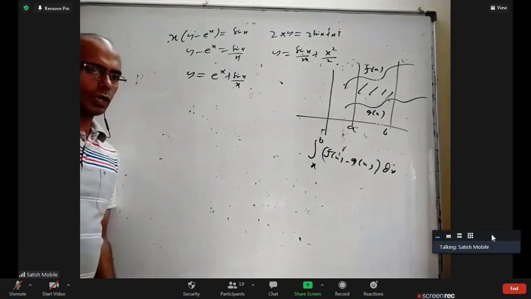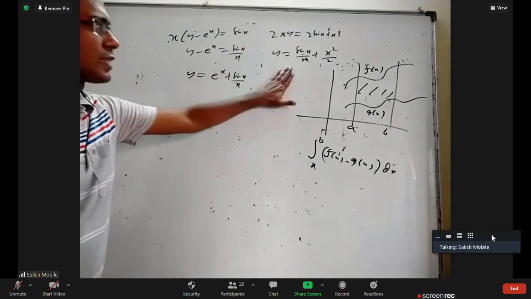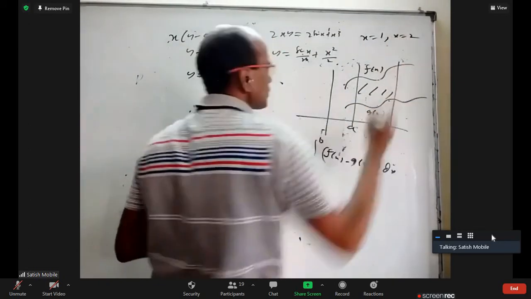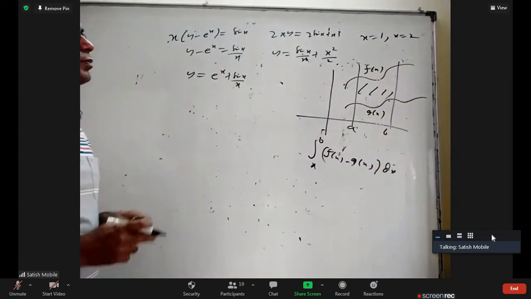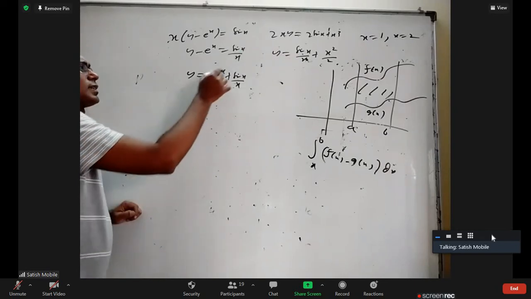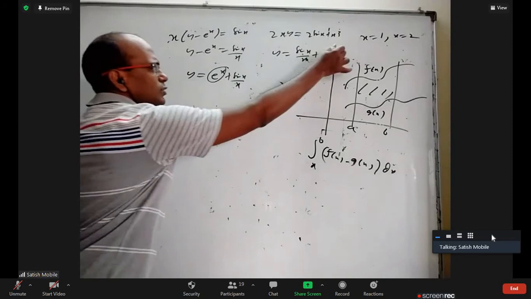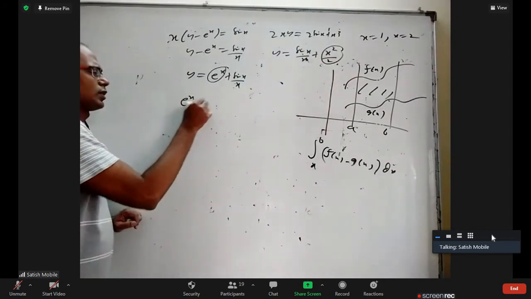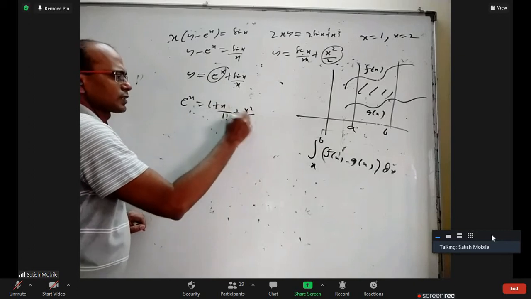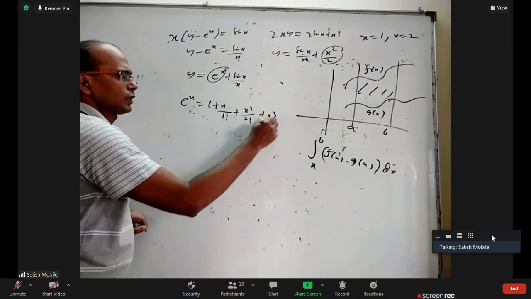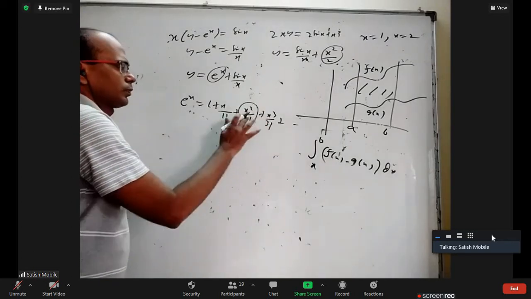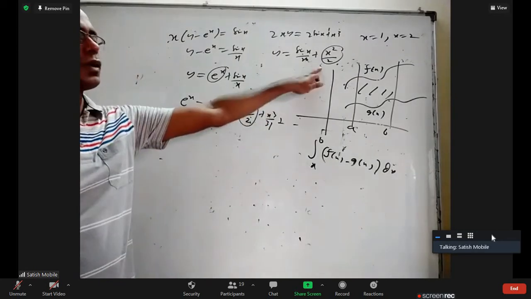Okay, now this is one curve, this is another curve. I have to find the area between them, including between the lines x equal to 1 and x equal to 2. Now it is my duty to decide which is the upper curve and which is the lower curve. I can easily say that e power x is bigger than x squared by 2. Why? What is e power x? 1 plus x by 1 factorial plus x squared by 2 factorial plus x cubed by 3 factorial, and so on. X squared by 2 is a small part of e power x.